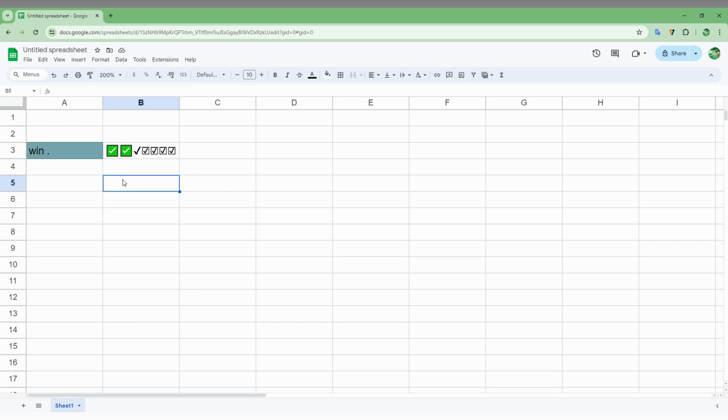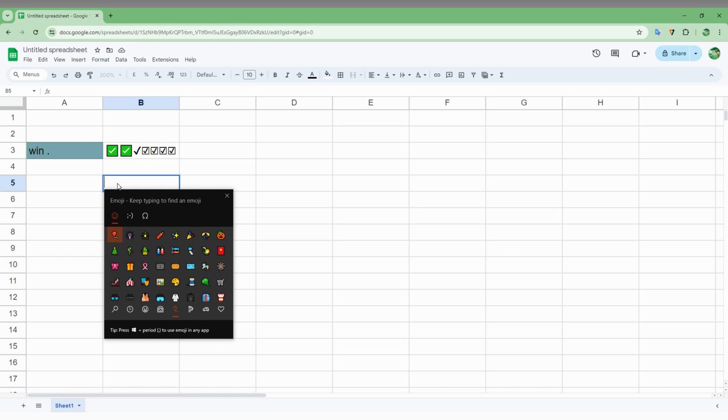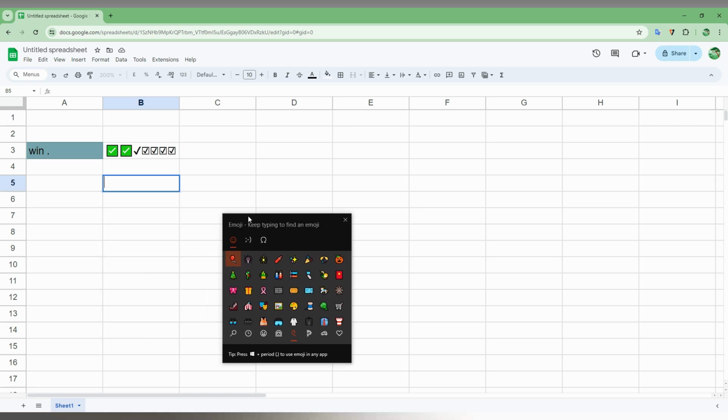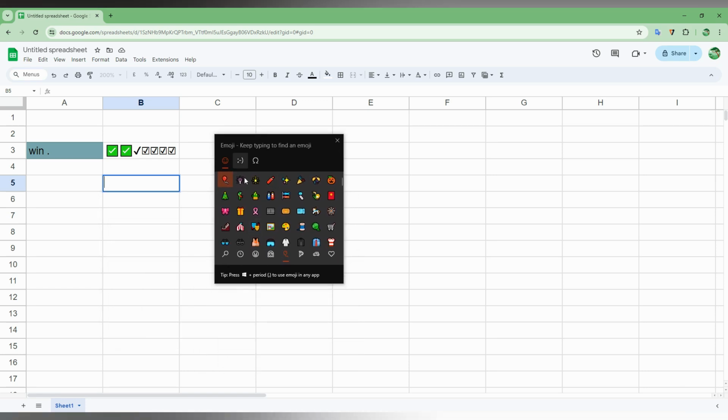You just need to press Windows key plus dot symbol on your keyboard. Press the Windows key and just press the dot symbol, and you can find this dialog box which is called a Windows shortcut key. Okay, so there's a first one called emoji, and this is for symbols. So just click on the first one, emoji, and just need to click on the search option here and just type